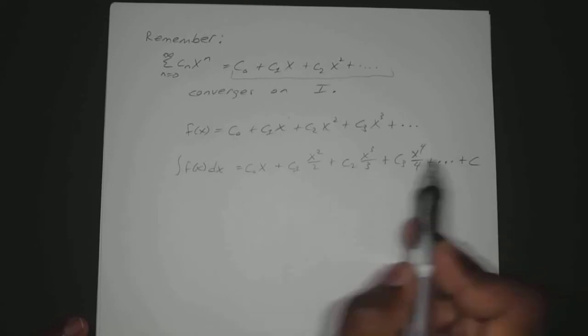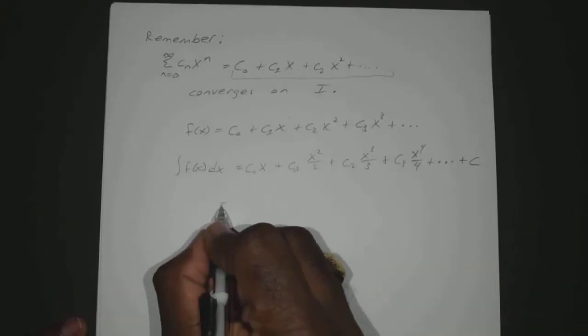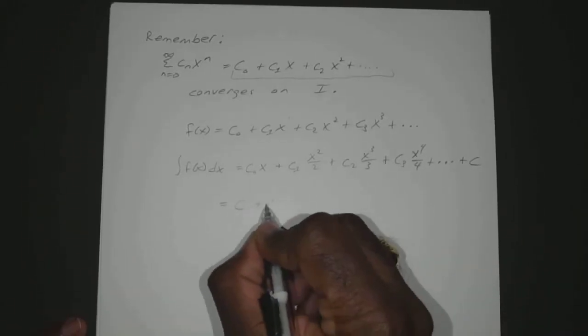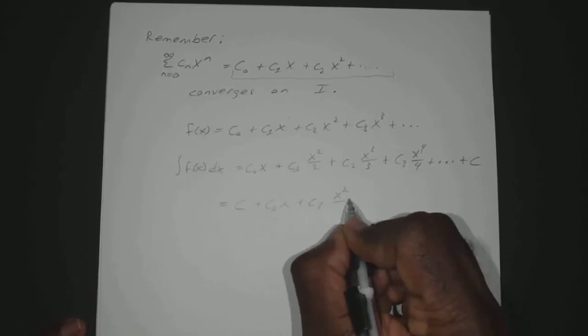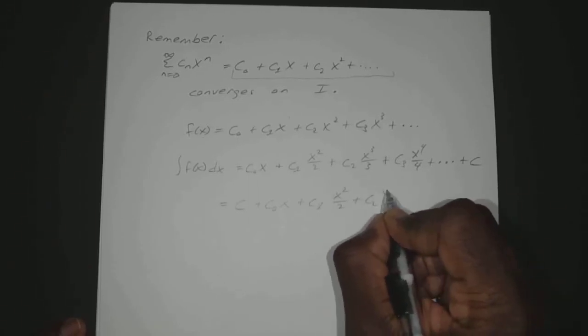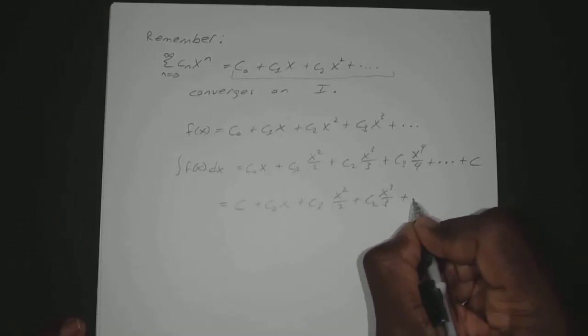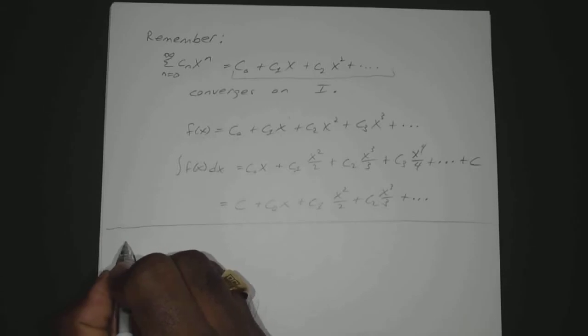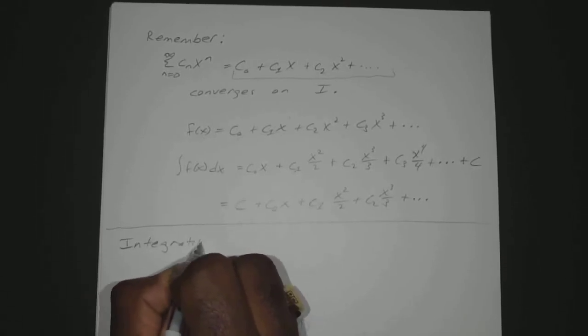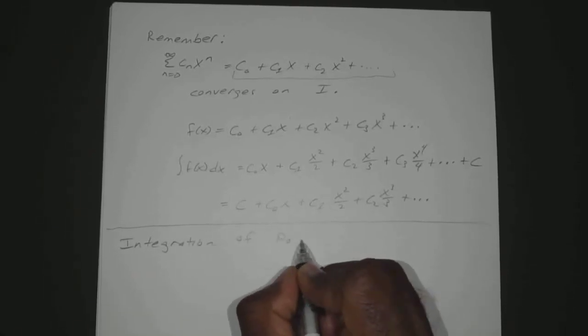Okay, so all I'm going to do is just move the c over here. So c plus c sub 0 x plus c sub 1 x squared over 2 plus c sub 2 x to the third over 3, and so forth and so on. Okay, so that's kind of a broad introduction to it. So the general definition, integration of power series,